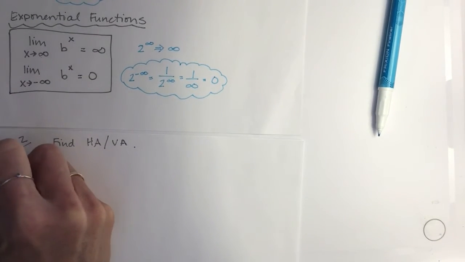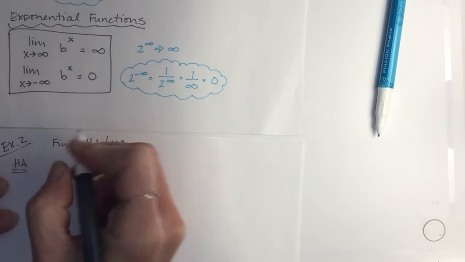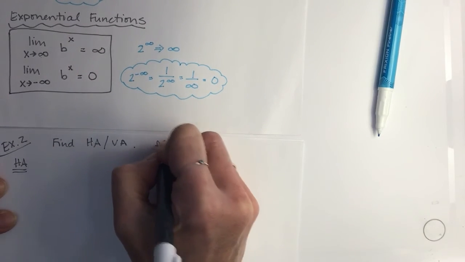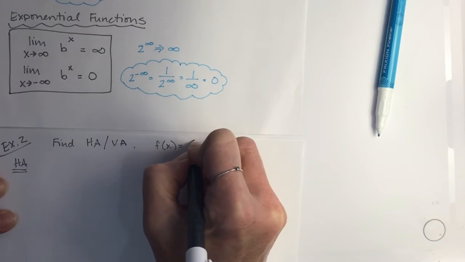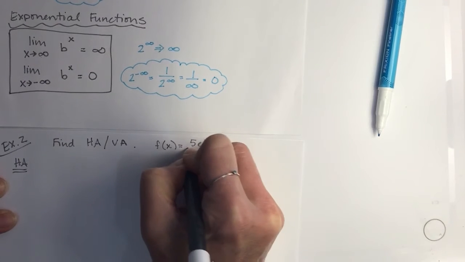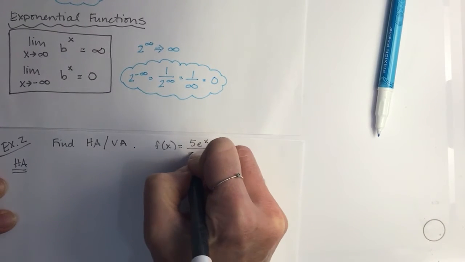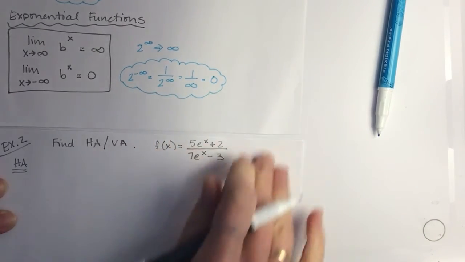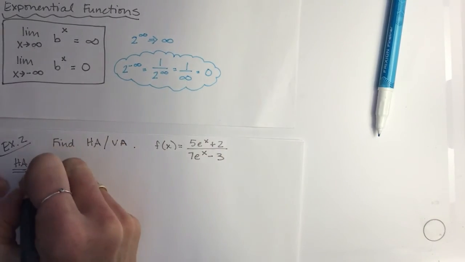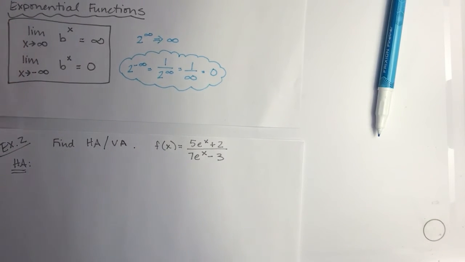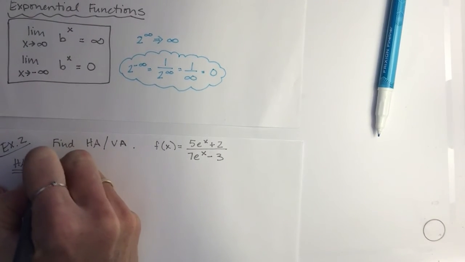Okay, so horizontal asymptote, we're going to take the, oh, I need to give you the function. f of x is equal to 5e to the x plus 2 over 7e to the x minus 3. That's our favorite. e to the x is our favorite exponential function, right? Okay, so we're going to make that a little bit complicated, right? For horizontal asymptotes of exponential functions, we check both positive infinity